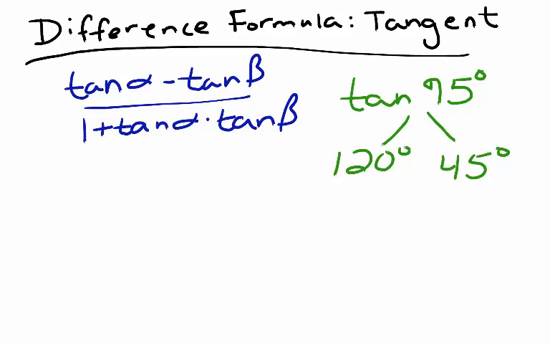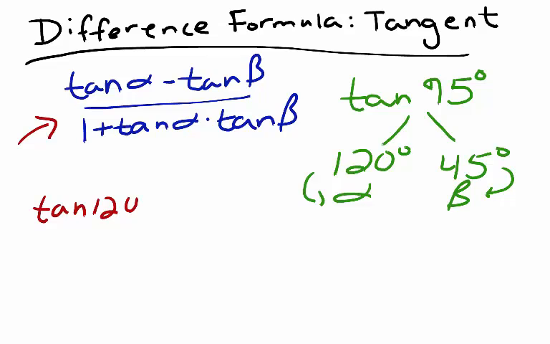I'll call tangent of 120 alpha, and tangent of beta is 45. So 120 is alpha, beta is 45. Then I'll take a look at my formula and I'll plug my values in. So tangent of alpha is tangent of 120 degrees minus tangent of beta, which I'll rewrite as tangent of 45